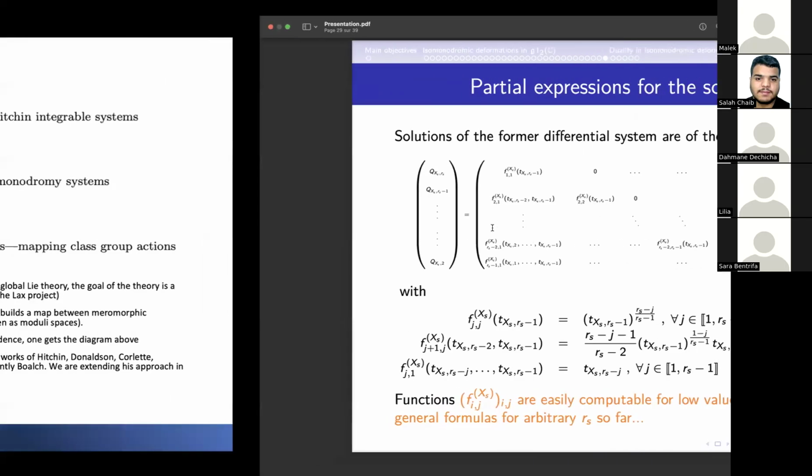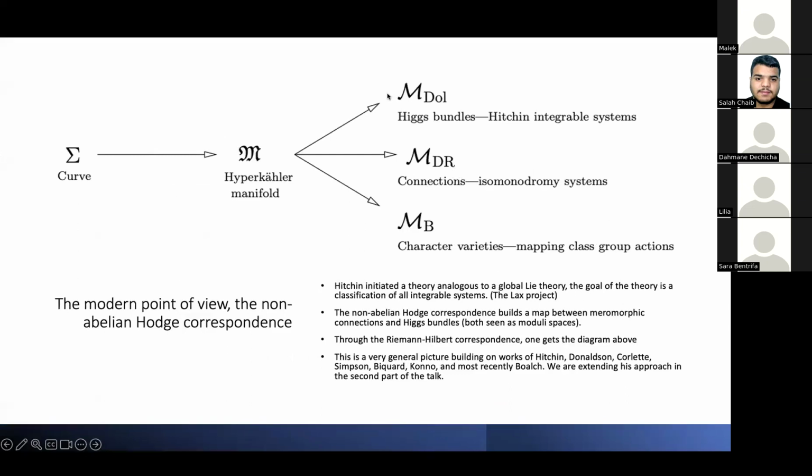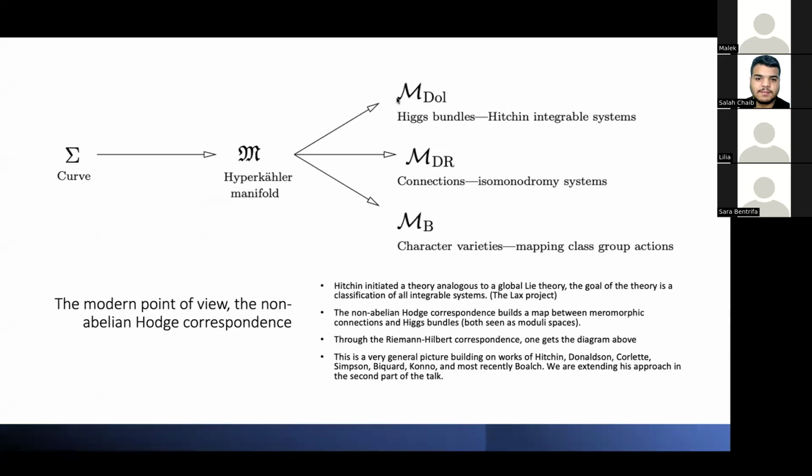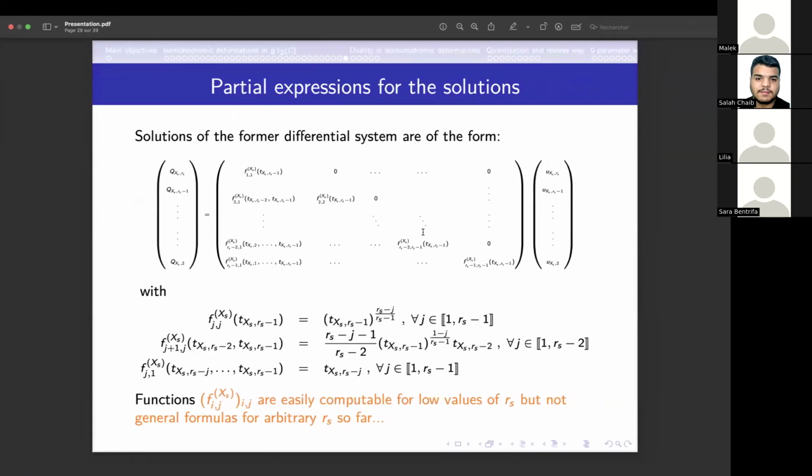non-symplectic? Well, this is because the map between M Dolbeault, the space of Higgs bundles, and the space of connections M dR is, in some cases, not an isomorphism but a diffeomorphism. So the map between the two could be a diffeomorphism and need not be a symplectomorphism that identifies the symplectic structures between both sides. And this is exactly what we got in this case. We got that the symplectic structure mapped from M Dolbeault, the space of Higgs bundles, to the space of connections